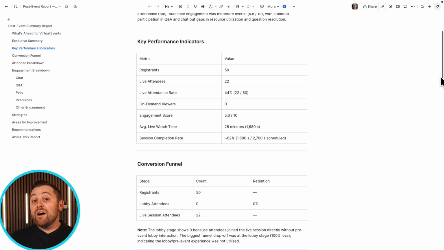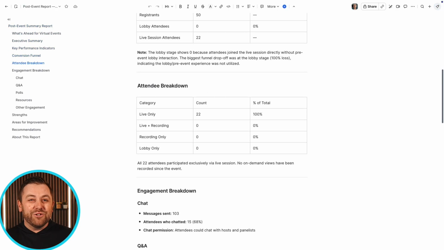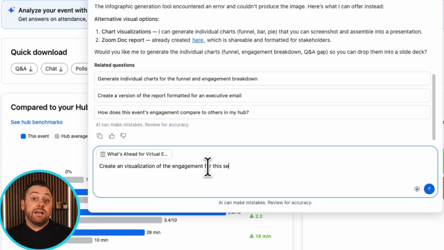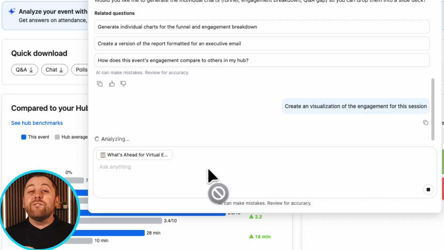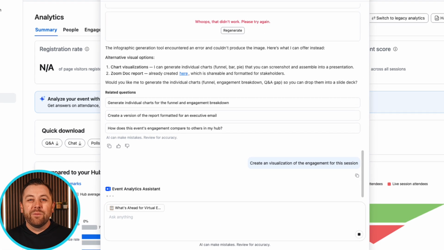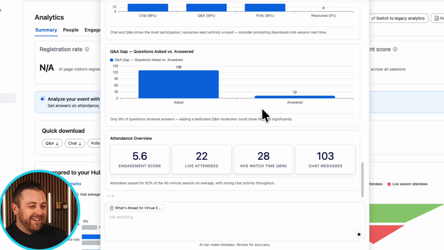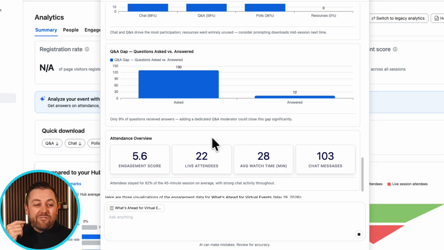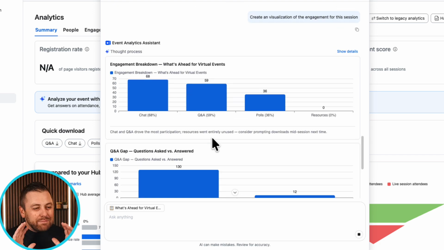Now, my boss is a pretty visual person, and I have a team meeting later this week. It would be great to have visuals walking into that room. So here we go. Perfect. I now have beautiful visual charts. That's plenty of information for me to communicate how effective this event was.